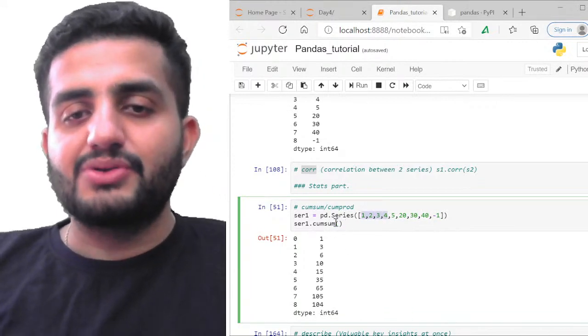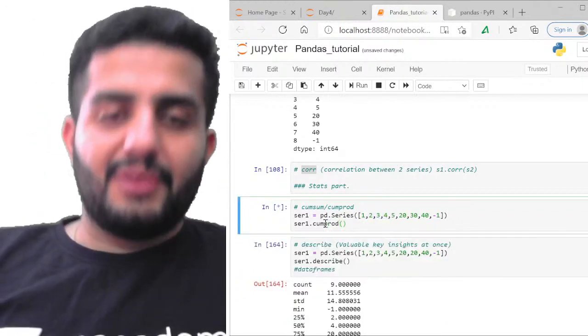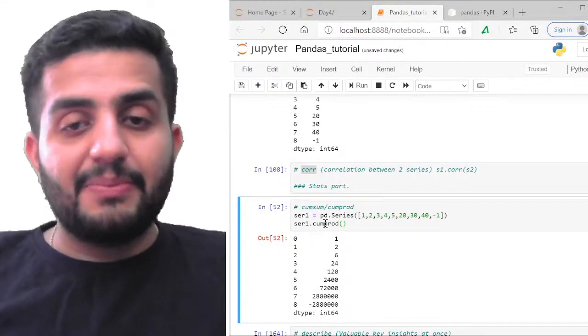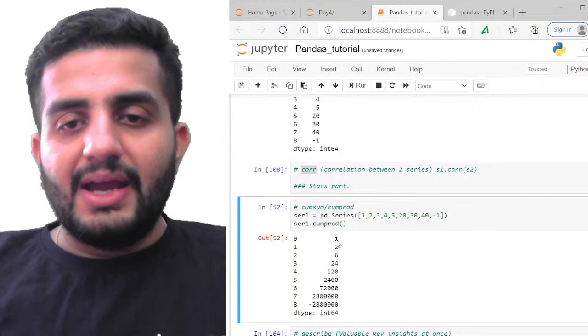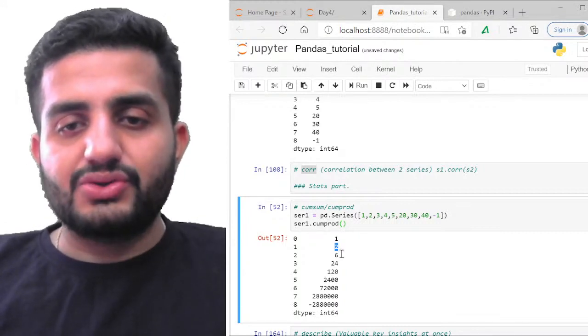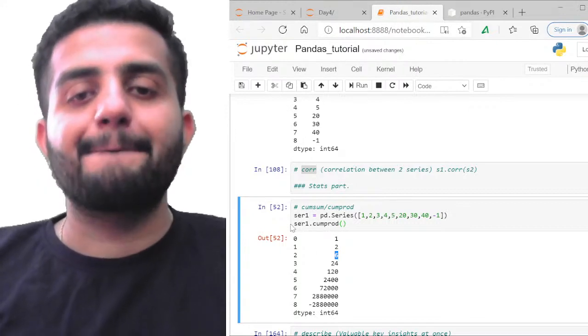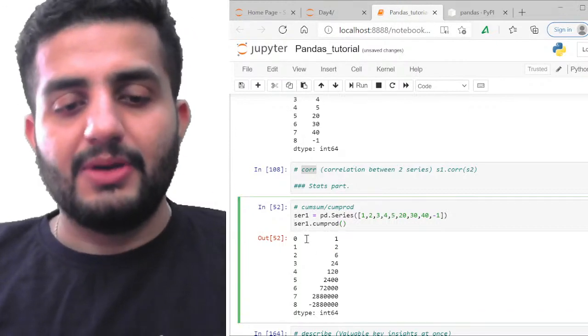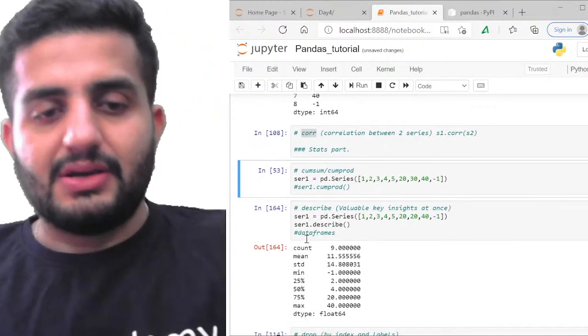Likewise, if we do a cumulative prod, it will keep on cumulatively multiplying your individual elements. So it's 1, then 1 cross 2, then 1 cross 2 cross 3, then 1 cross 2 cross 3 cross 4. Likewise, it'll go ahead. Cool, guys.